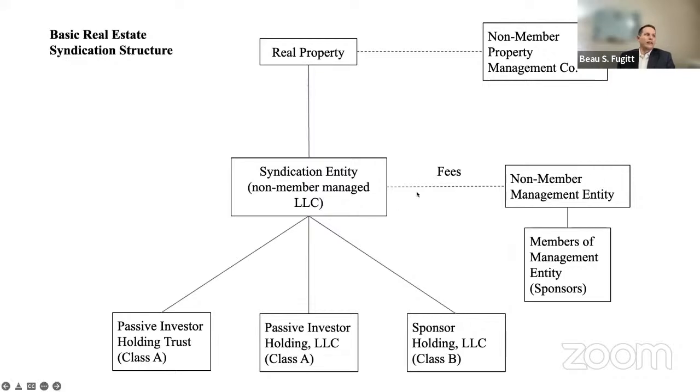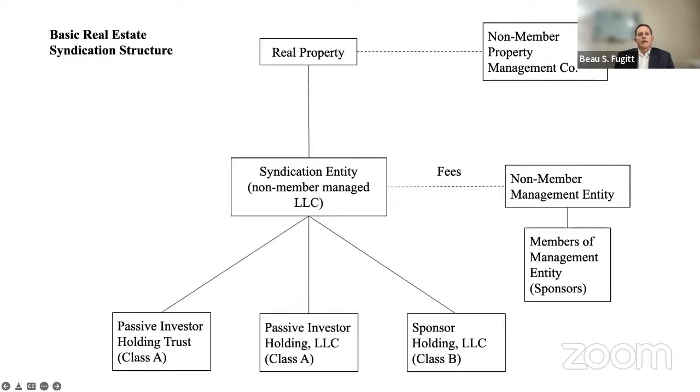Why do we do that? Again, it's going to lessen the liability of the actual entity that holds title to the property. If the person that's making decisions on behalf of the syndication entity does something that could violate some law or somehow receive some type of judgment, then there's a better chance that the judgment's not going to come here. It's going to go to this non-member management entity, and then boom, assets still safe, right?